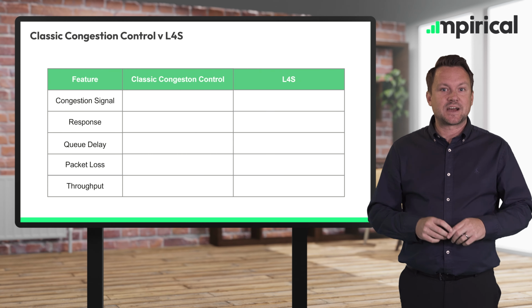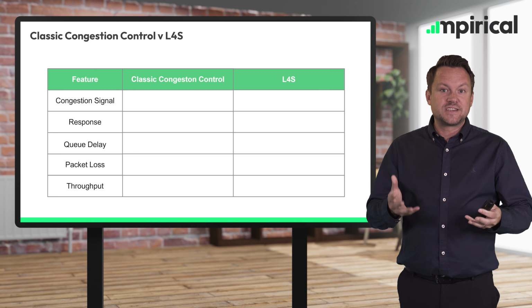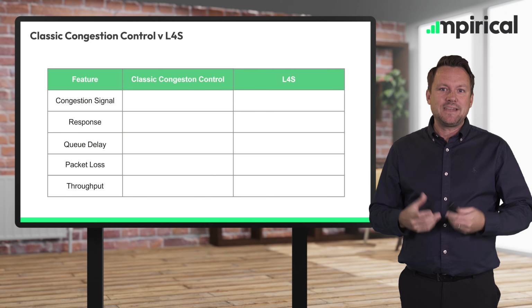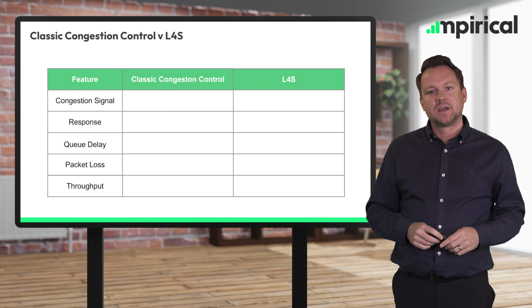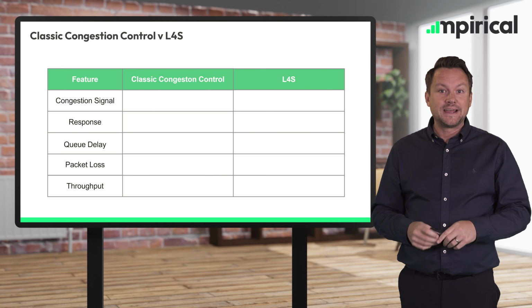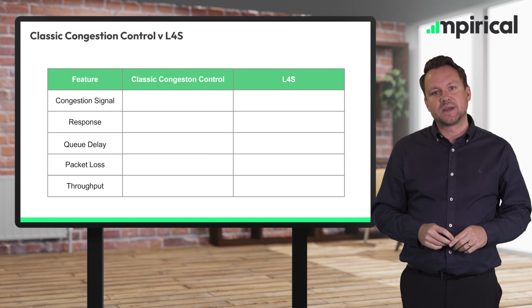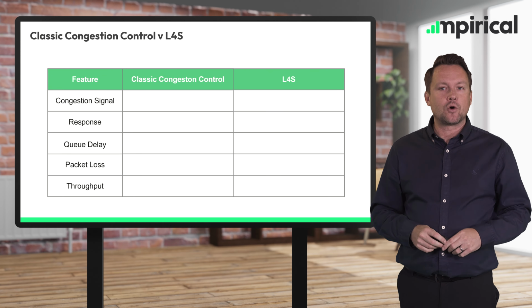So the sender sends out packets, the receiver will provide an acknowledgement that says, this is the last packet that I've received, I'm expecting the next packet. And if the sender sees 3 of those in a row, it understands that this isn't just a case of packets being received out of order. It understands that packet loss has occurred. It will automatically retransmit the missing packet, and it will then seek to reduce its sending rate or its congestion